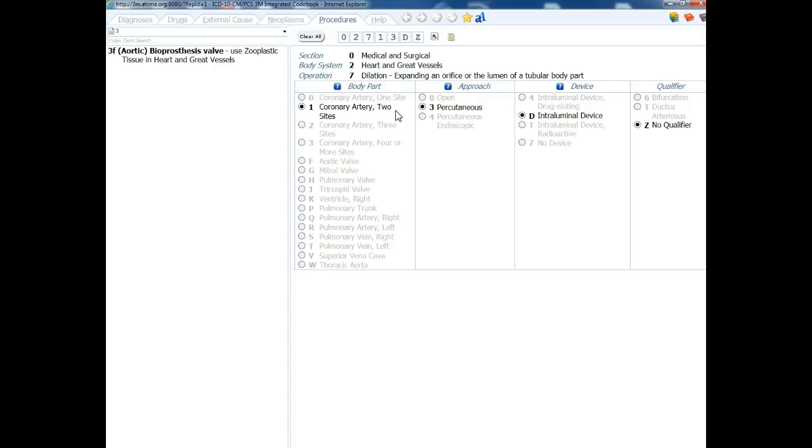Now, in the next example that they have at B4.4, we're doing an angioplasty of two distinct sites in the left anterior descending coronary artery, one with a stent placed and one without. So in this example, we would have to code each of these sites separately. So we would have coronary artery one site percutaneous, and we would have the code for the stent, intraluminal device, and no qualifier. And this is the code that we would sequence first,